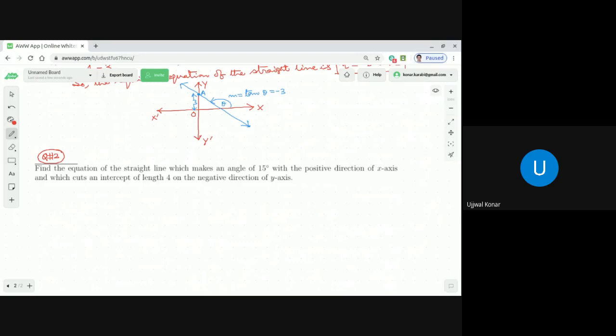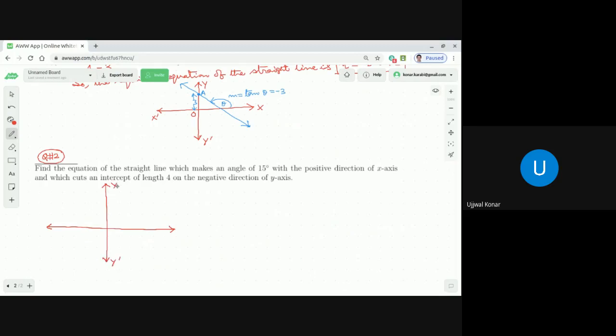So let us first visualize this problem. Without visualization also you can find the equation, dear students. So I can say y is equal to tan 15 degree x minus 4. y is equal to tan 15 degree x minus 4 is the equation of this one. Okay, so how it looks like,